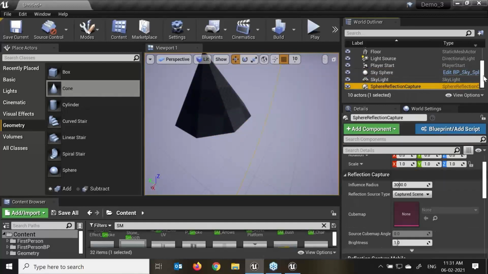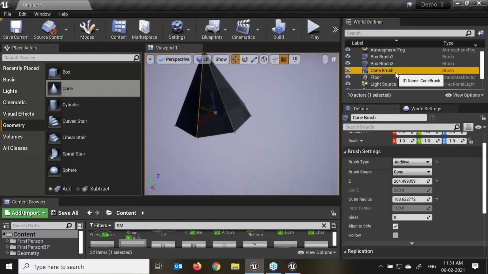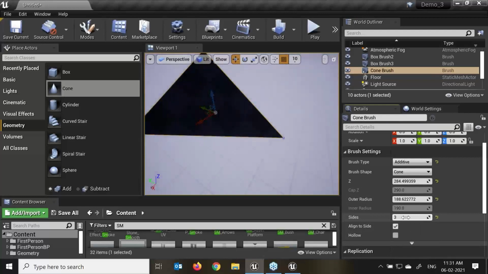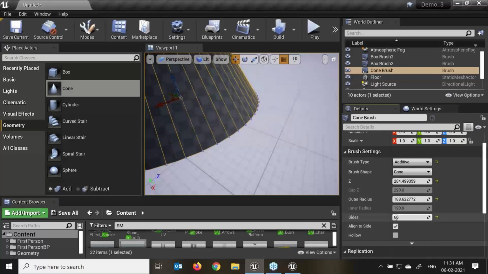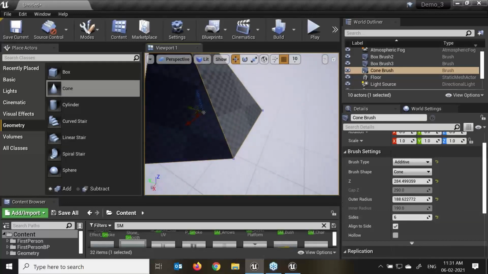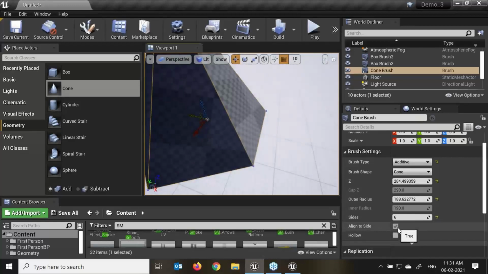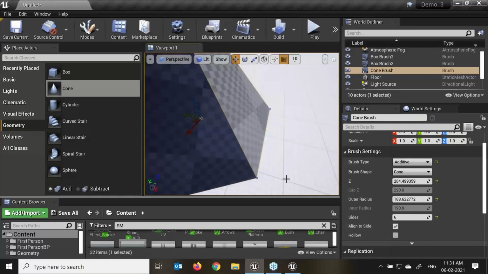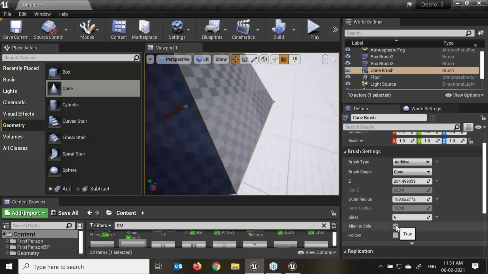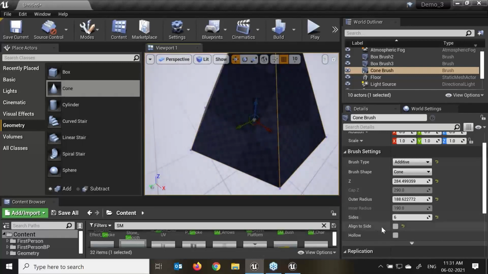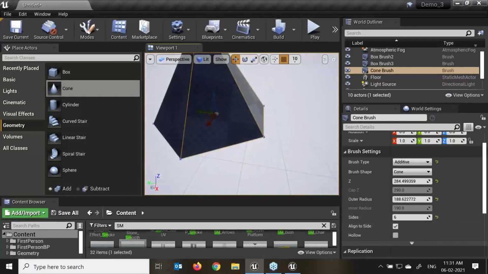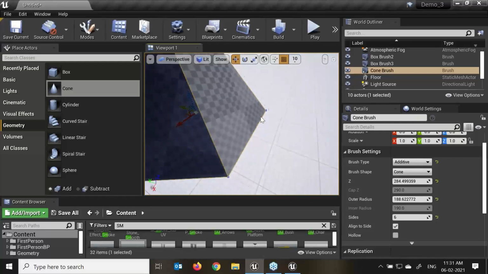We will start, and here we have the option for how much size we require. Here we can change it very easily. Normally in any 3D or Maya software, here we have the sides. Here we can change as per the requirement. If I turn off these options, you can see this is parallel to my grid. If that option is off, it will not be parallel to my grid. If I turn these options on, it will be parallel to my grid.